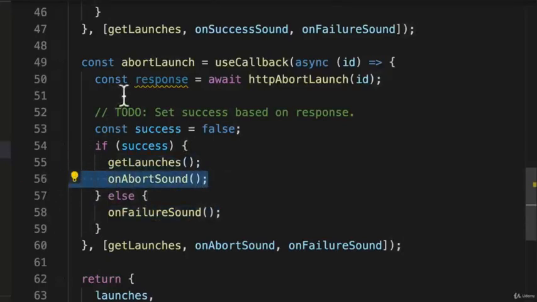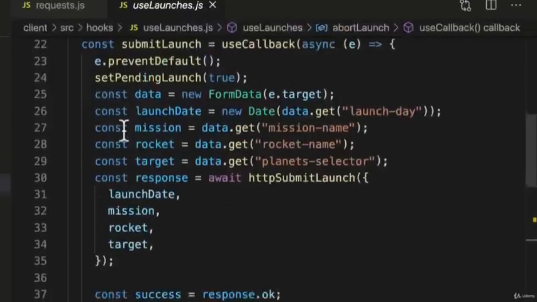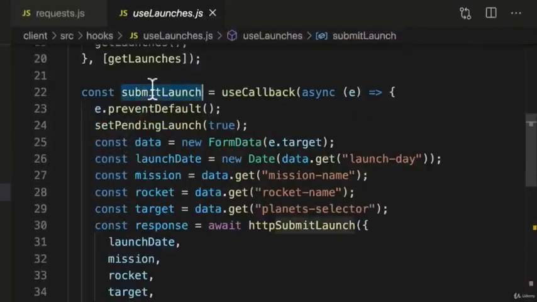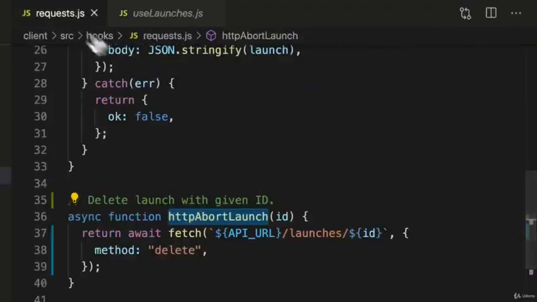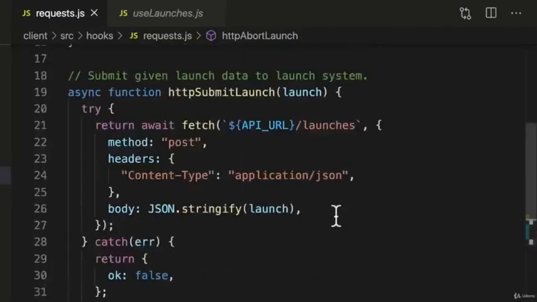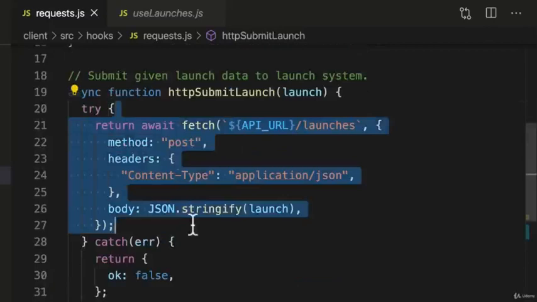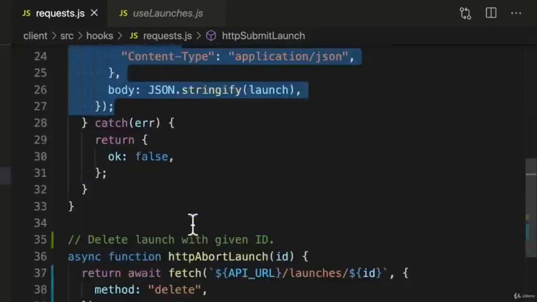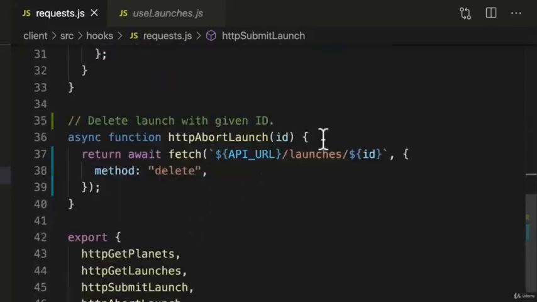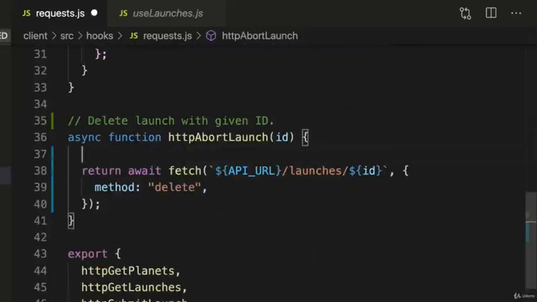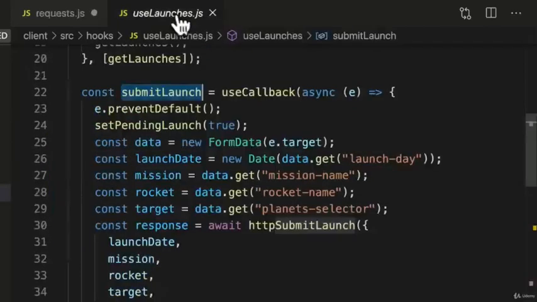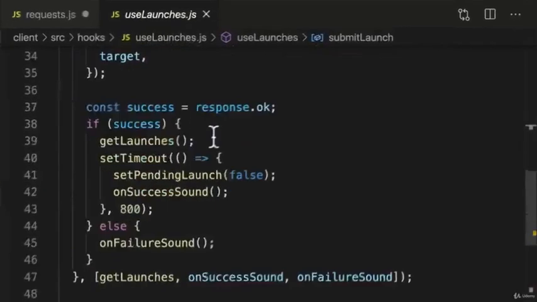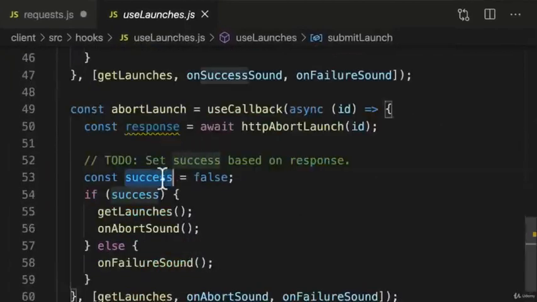So just like in our submit launch case, we'll want to catch our errors. For example, if our internet connection is unreliable, or the server rejects our request because of CORS, and we'll do this try-catch handling just like we did before, so that in our useLaunches file, we can just set the success